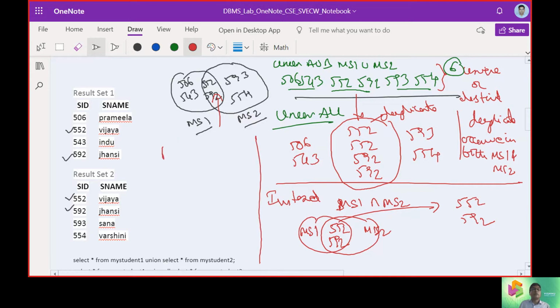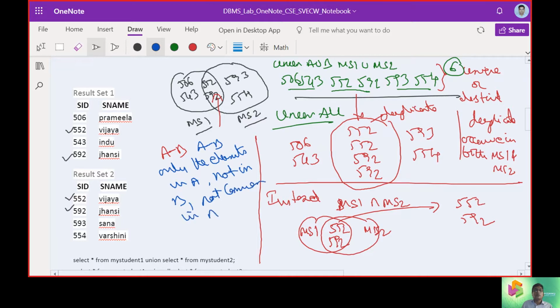Similarly, if I make A minus B, that means only the elements in A, not in B, not common in A and B. So obviously we will have only 506 and 543 in this case, for MS1 minus MS2, right?